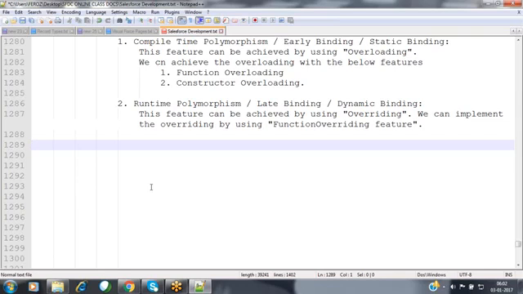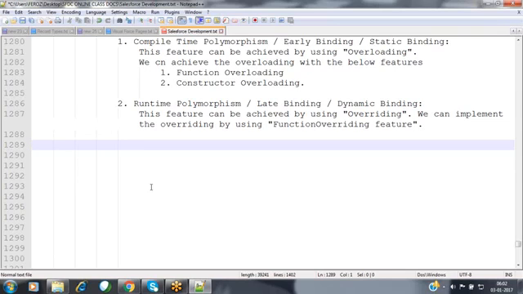Every feature, whatever business logic we are going to implement inside our application, has to be implemented with the help of object-oriented programming, as Apex is purely an object-oriented programming language. Whatever business logic we write, we divide that whole business logic into various smaller independent or individual units called classes.